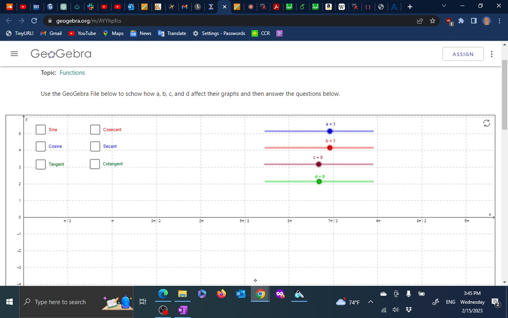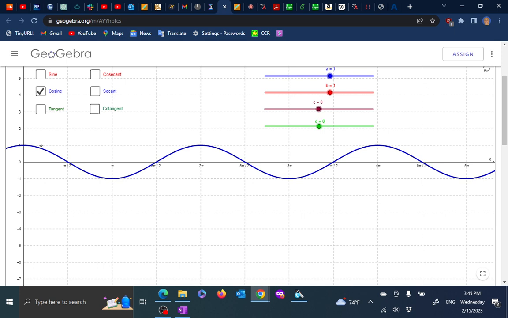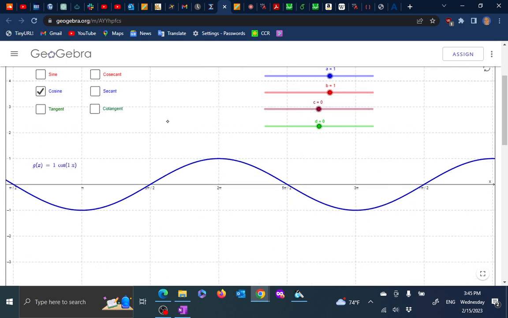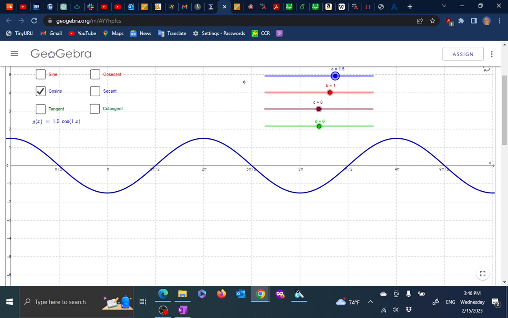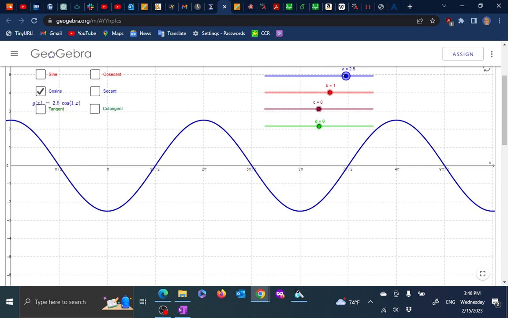We are playing with this app here, so it's a cosine. So this is a graph of cosine. Sorry. So A is that factor up front. You see, 1.5 here. So I want to go to 5.5. Here's 5.5, which means 2.5. Okay. Then we have